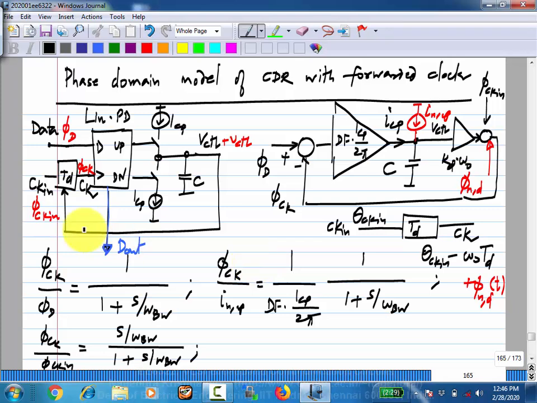I can make the exact same circuit with a bang phase detector, right? So what will happen? How do I proceed with the calculation? What part of the model will change? Huh? No, the model. You look at the model here, what will change? What's that? Gain. So essentially, this